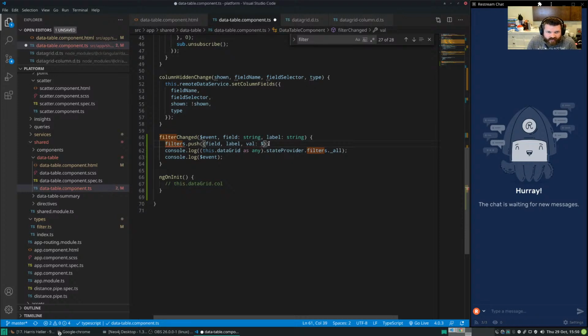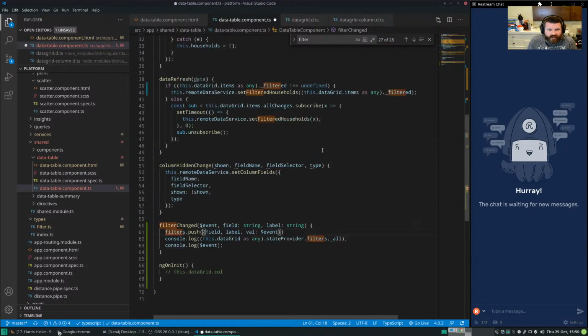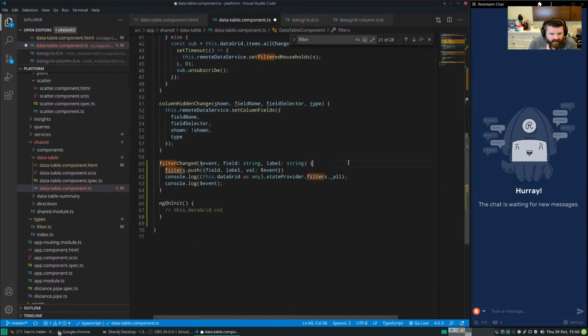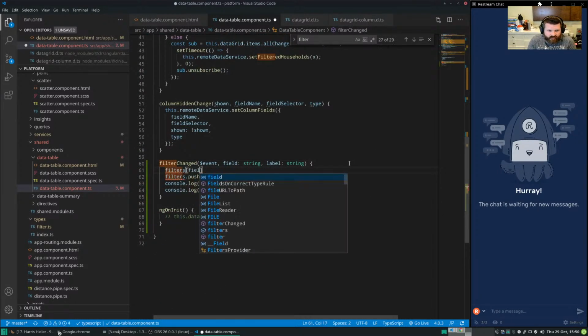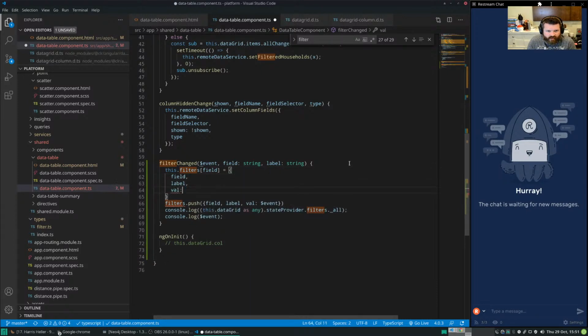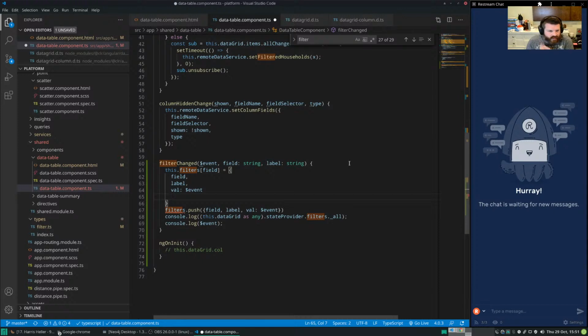Value, which is the event. Filters really needs to be an object, a key. Filters field equals. Field label value event. And then